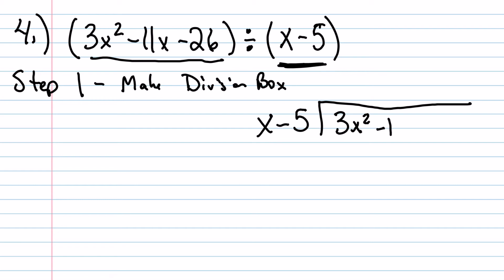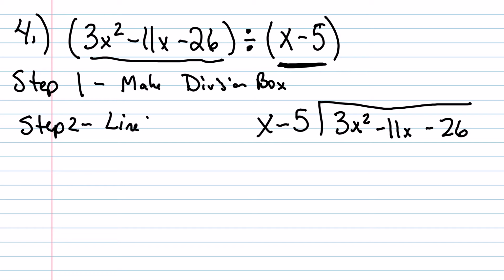I ask myself really quickly, can I count down to 0? I start with x to the second power, then x to the first power, then no x's. That means I can't count down to 0. I don't need a placeholder. And on the outside, I don't need a placeholder because I have x to the first, and then no x's. All right. Step 2,